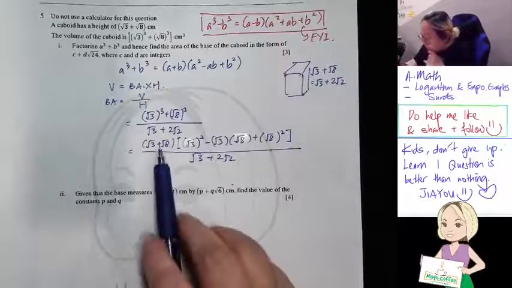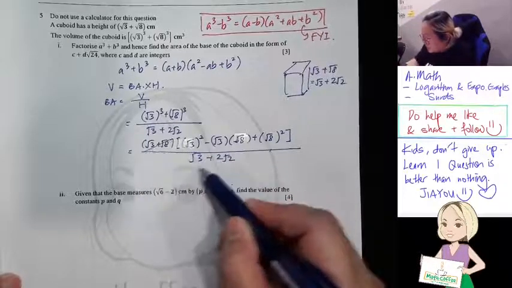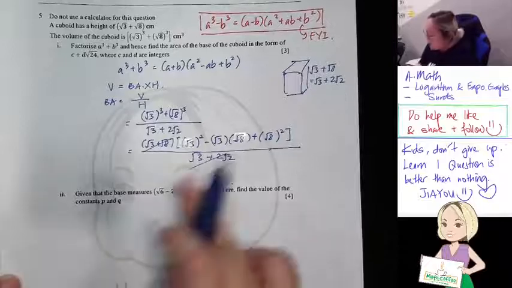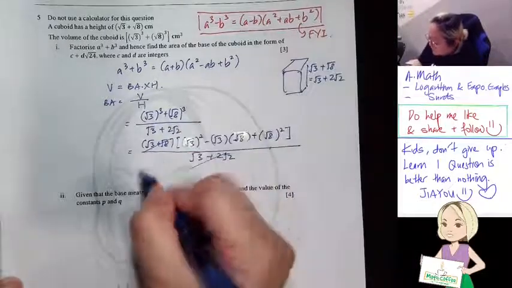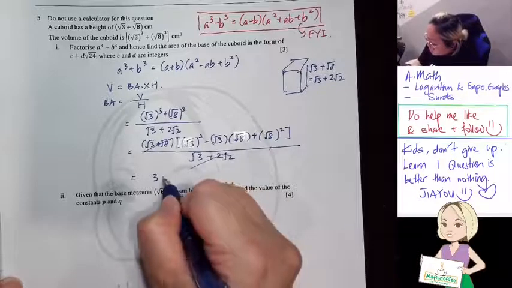Okay, so actually do you see that this and this is the same thing? So it means that I can cancel this. Agree or not? Once I cancel, I only left the numerator. So let's simplify the numerator. Square root 3 square is just 3. So this is minus,